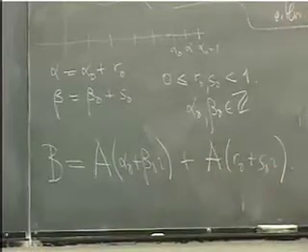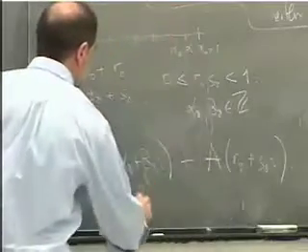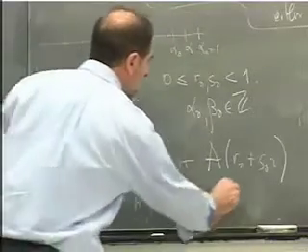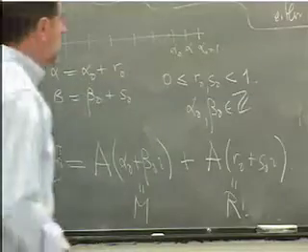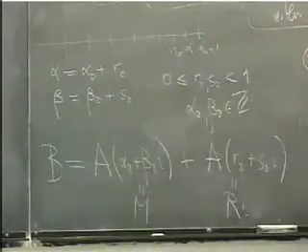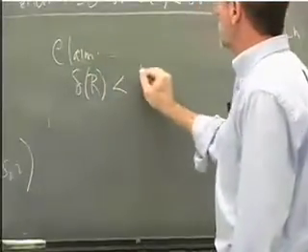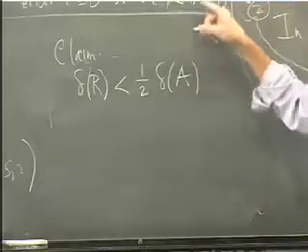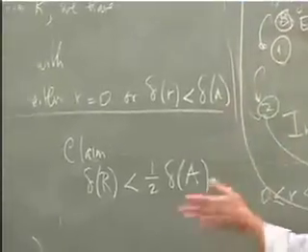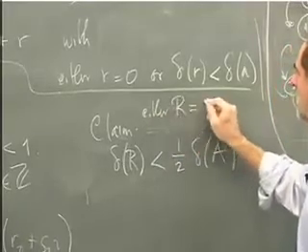Okay? Now this is going to be our Euclidean algorithm. We're going to call this number M, and we're going to call this number R. And I'm going to show you that delta of R, claim: delta of R is actually less than half of delta of A. So I mean, it could be 0. Either R is equal to 0 or